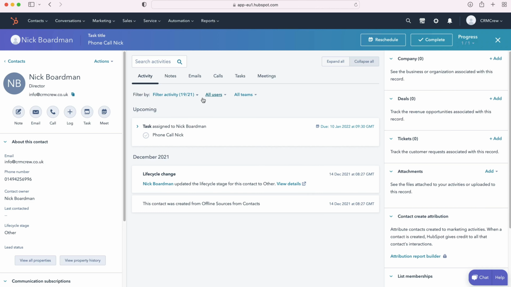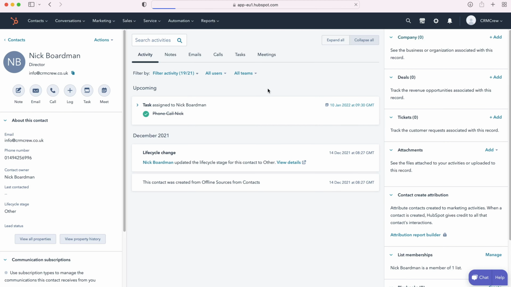Once you've clicked that link or the particular task, it takes you to the record it's associated with. And this is where you can either complete it or reschedule it. You can also exit out as well, because it's a phone call. It can just happen and you don't need to do it. So let's say we've completed it early. We can click that, and then we'll just press the back to tasks button, and this will take us back